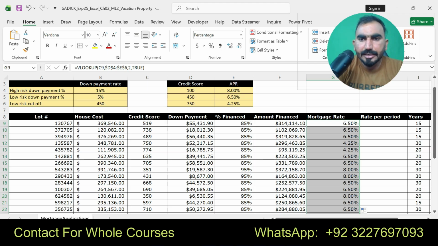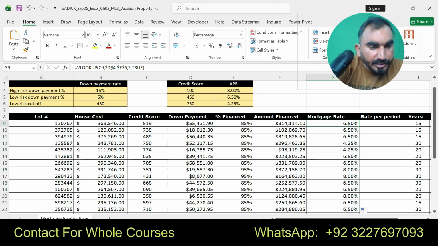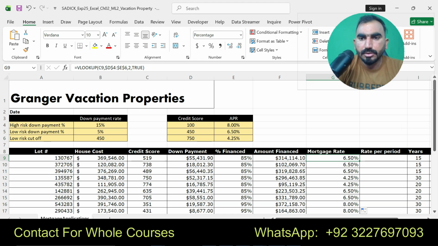Here you can see I am going to apply VLOOKUP C9, D4 to E6. Then 2 and true. Here I have made this modification. VLOOKUP C9, that is 519.